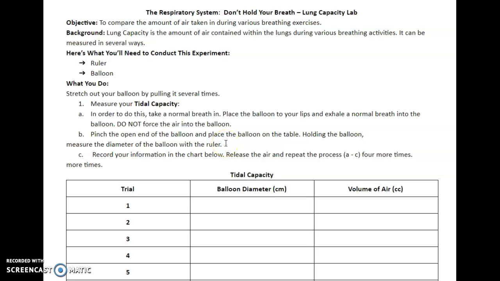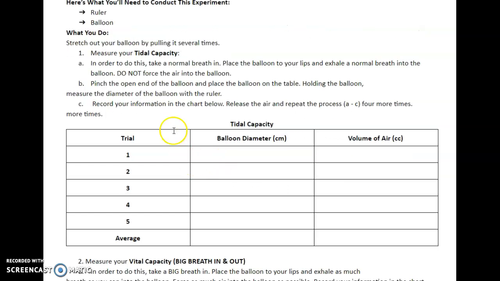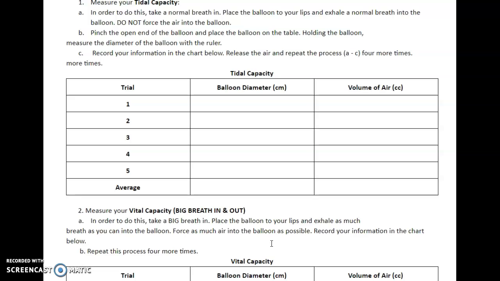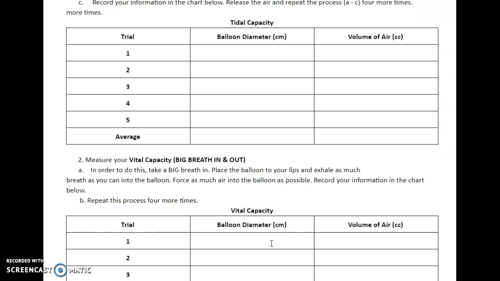Pinch the open end of the balloon, and then we're going to record the diameter of the balloon with the ruler. So we're going to record across the balloon. And we're going to put this information here under balloon diameter, so in centimeters. Okay, then